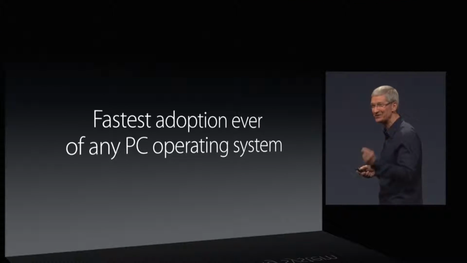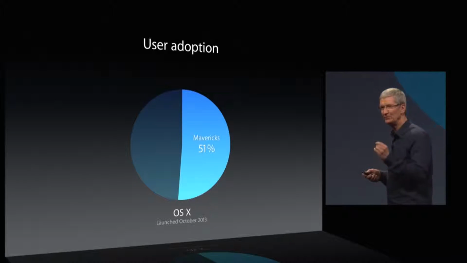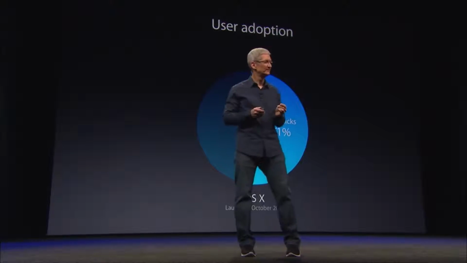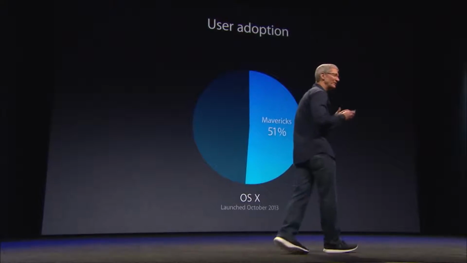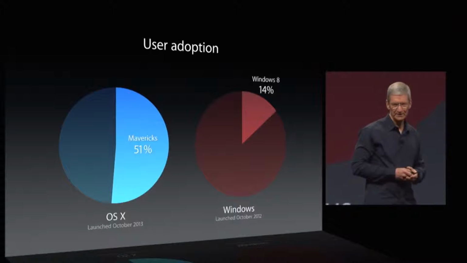So in the first part of the keynote, Tim Cook got on stage and started doing an intro for OS X Yosemite, which is the next iteration of Mac OS X. They started it out by comparing the OS X Mavericks adoption rate with the Windows 8 adoption rate, and the numbers were, well, let's just say that numbers don't lie. Mavericks had an adoption rate of over 50%, while Windows was stuck somewhere around 10 to 20%. That just goes to show you, one, Windows 8 is really terrible, and Mavericks is kind of awesome. So then he eventually invited Craig Federighi on stage to talk about OS X Yosemite.